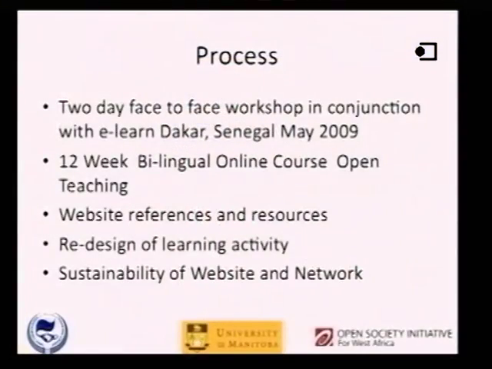So the process: we began with a 2-day workshop, and we were hoping that this group of faculty and administrators would become the incubation unit. We quickly realized that despite the fact that the initial workshop was in English, we really needed a bilingual presence. And as good Canadians who aren't very bilingual, we negotiated with an individual who was quite fluent, and so we ended up doing a mirrored course in which we attracted people, and eventually website reference resources,